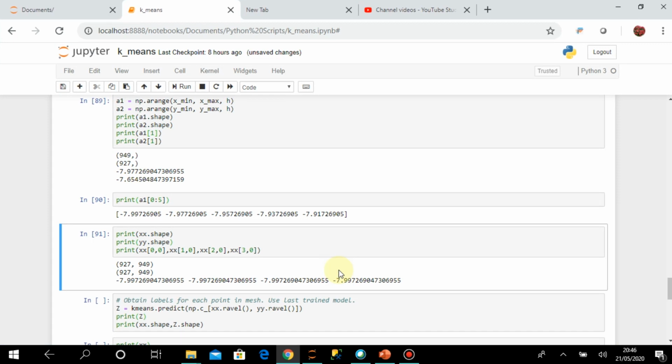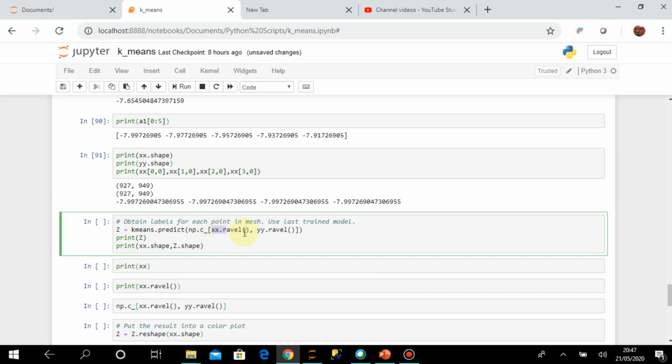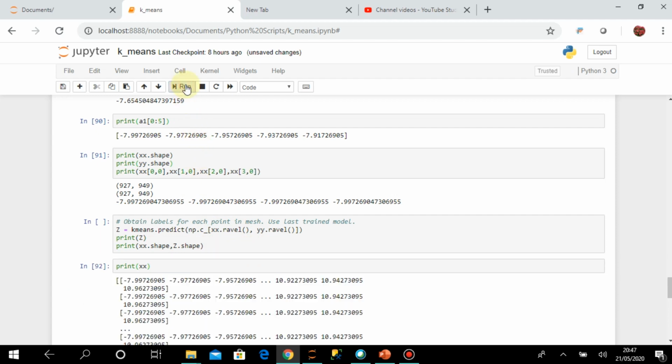Okay, so I have printed some values also. You can try different values. Now there is another functionality I need to tell you. Suppose xx, if you print it, you know that it's an array.